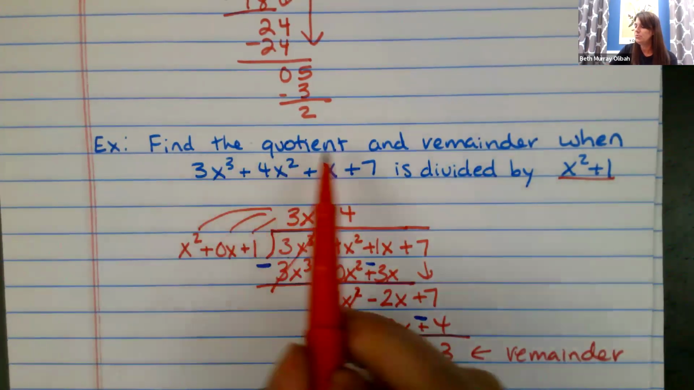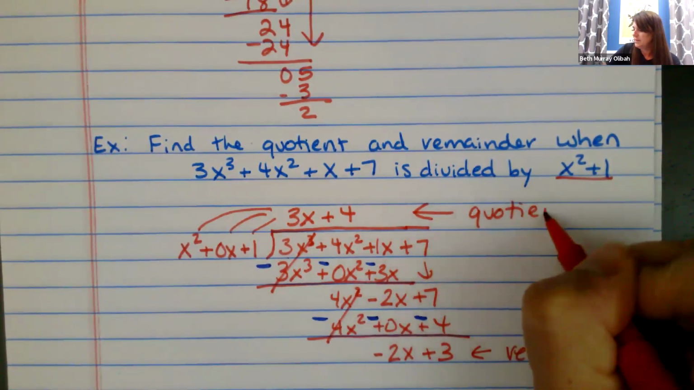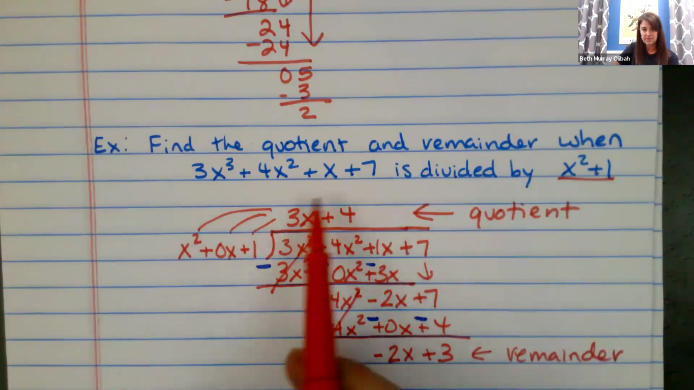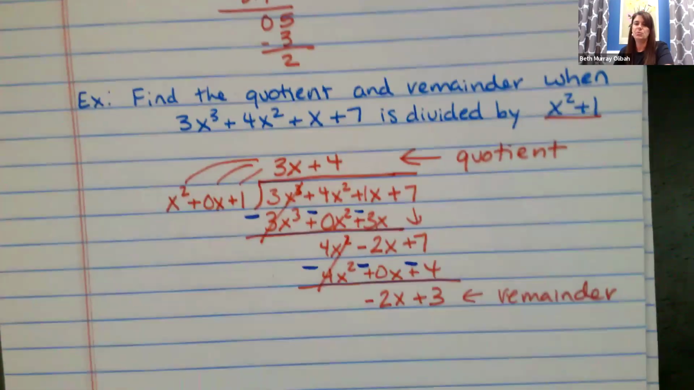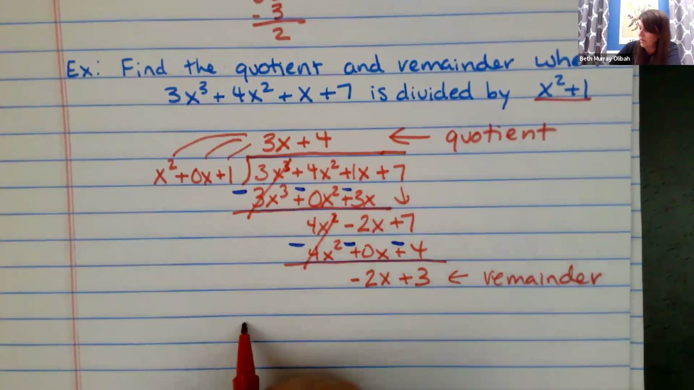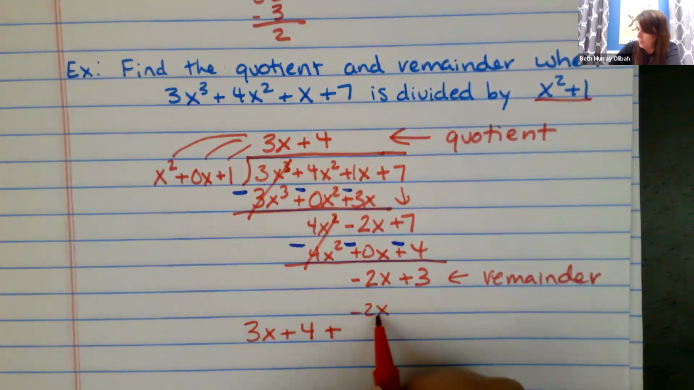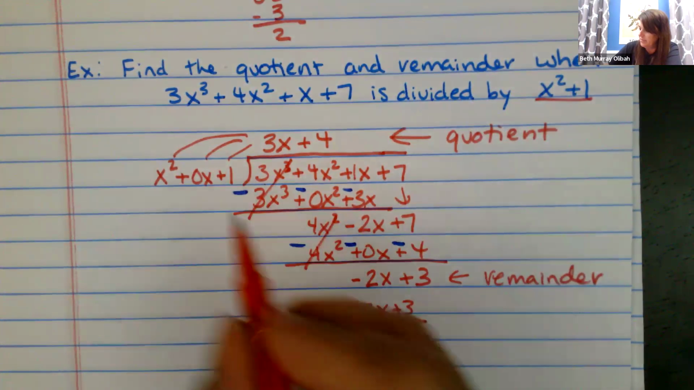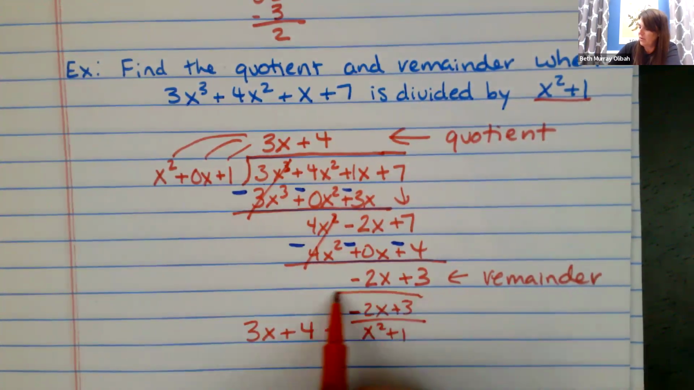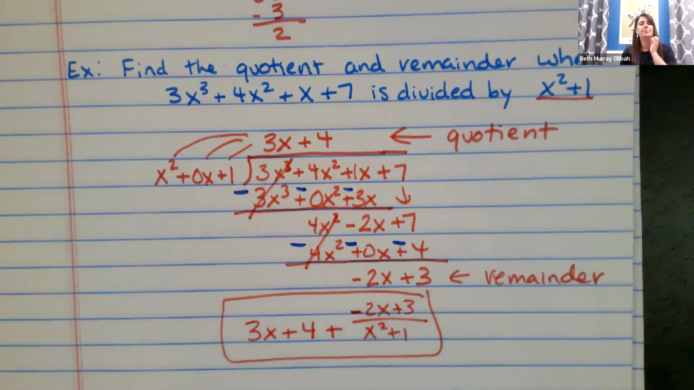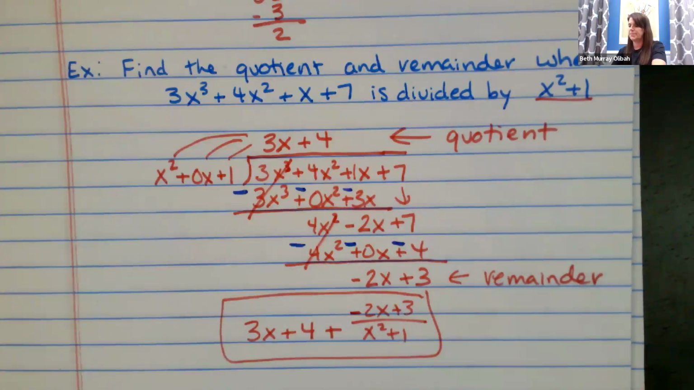And so it said find the quotient and the remainder. So if that's what they wanted, this is the quotient, this part, and the remainder is this part. If you wanted to write it together, we could write it as 3x plus 4 plus, and then put that remainder on top of what we were dividing by in the beginning. So that's how you could write it all together. But as far as the vocab, this is the quotient and this is the remainder. Okay,